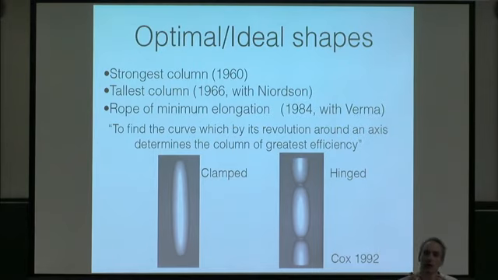Another shape was proposed in 1851 by Clausen, and when Clifford Truesdell reviewed his work, he said, well, I'm not sure what's going on. There are different solutions. And he talked about it to Joe, who solved the problem. And the problem for the clamp-clamp condition is this cigar shape. That's the optimal one. However, in a subsequent paper in '62 with Tadbash, he looks at the generalization to other